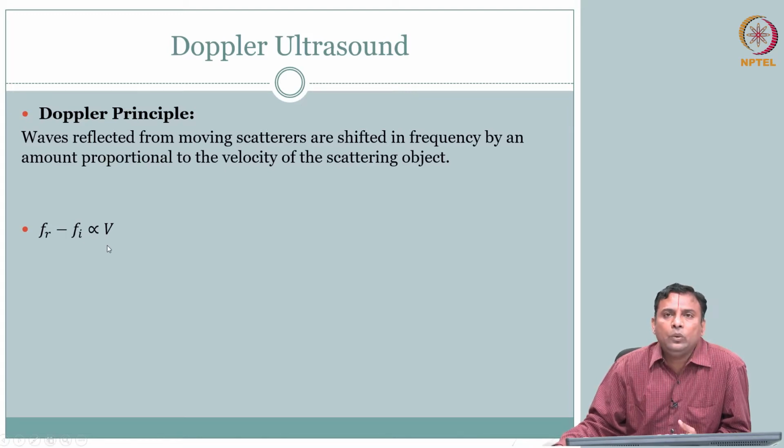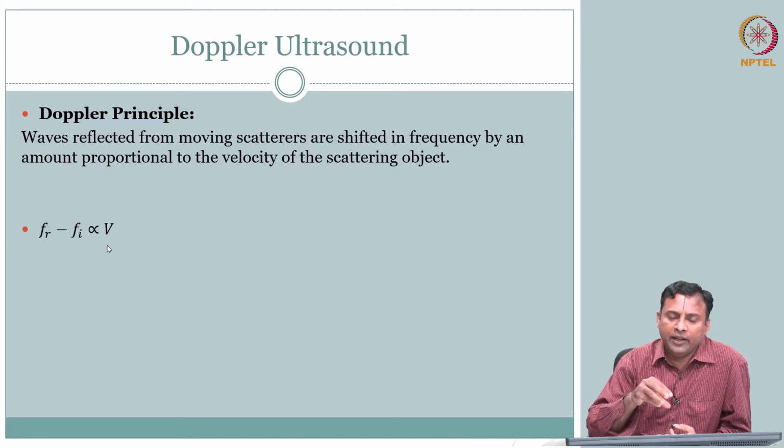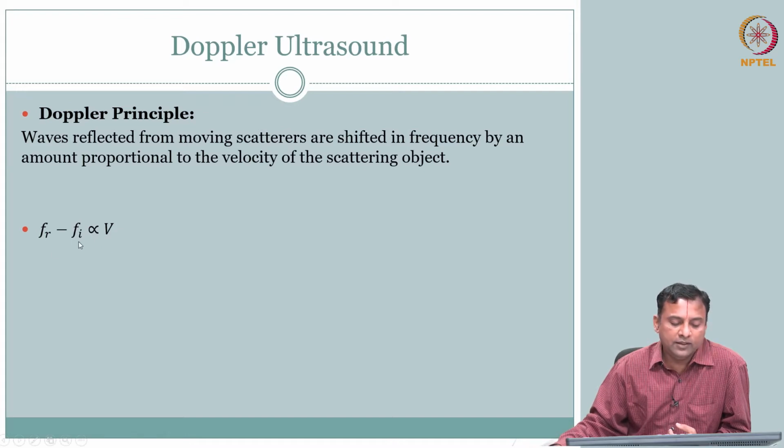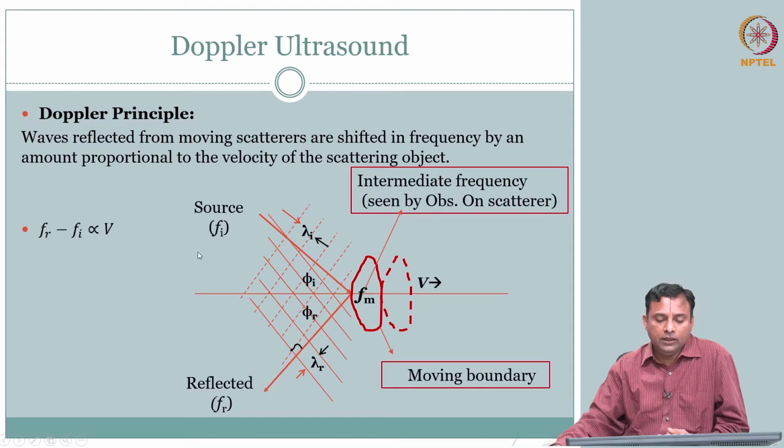So what we will do is take a very rudimentary approach, a two-step process. We will just try to understand what this proportionality constant is. It is proportional, so we'll have to set up our problem and quickly recognize what the proportionality constant is. Okay, so let's take a situation.